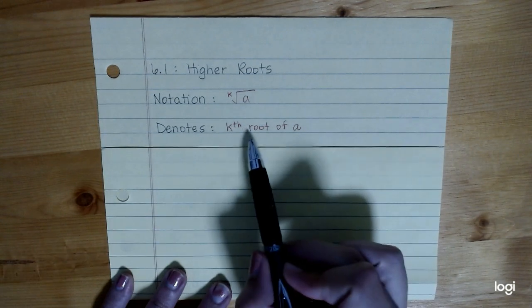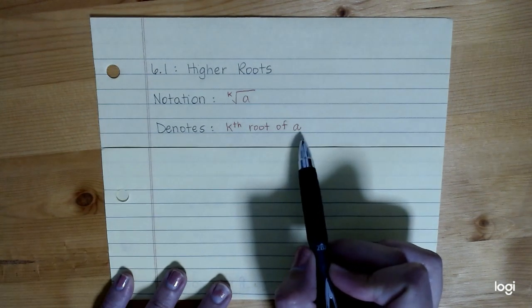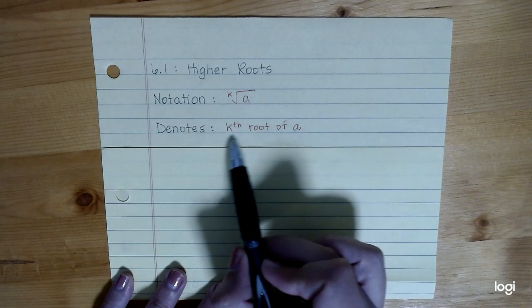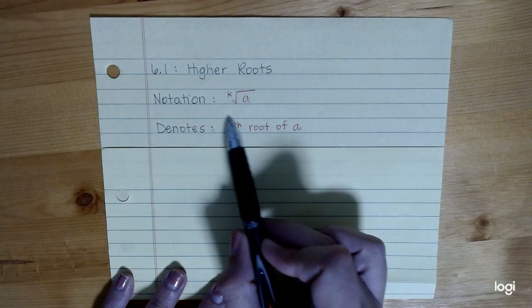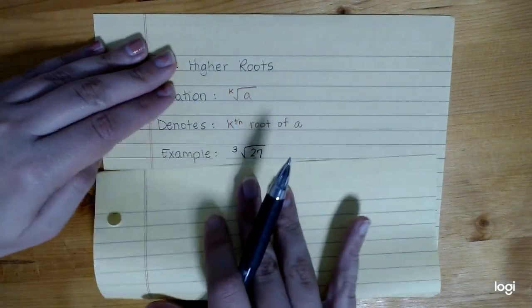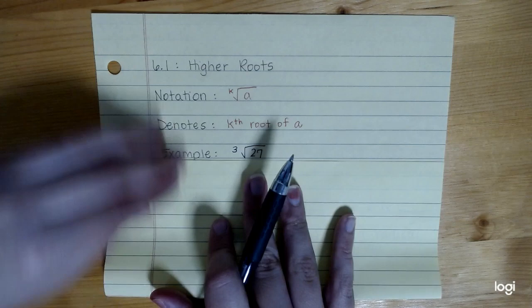So when we're looking for a kth root of a number, we're looking to reverse whatever exponent this is. So for example, if I have